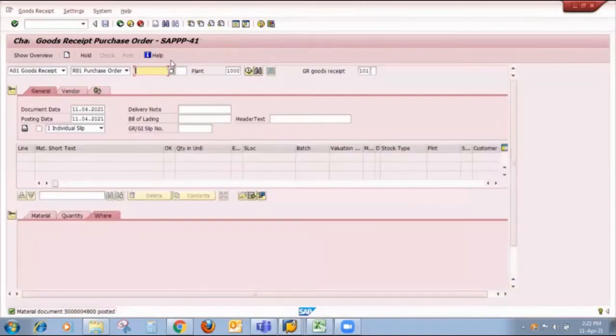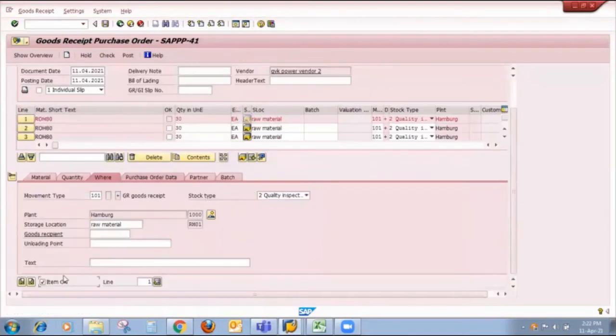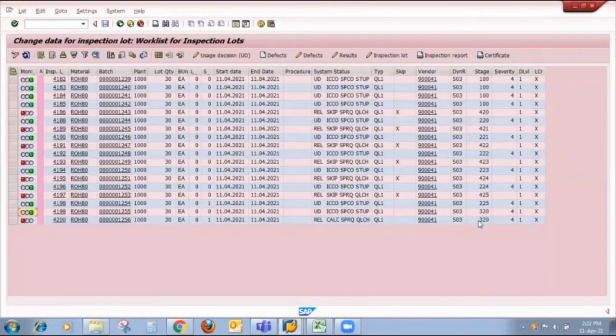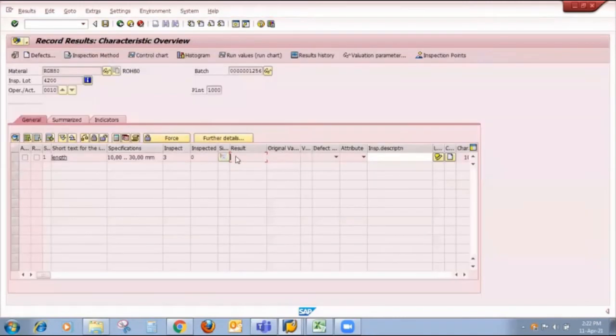Now I want to create 3 more inspection lots against the purchase order with the help of GRN and do the same procedure. Look, you can see the current inspection stage is 320. My work is to accept the result only.